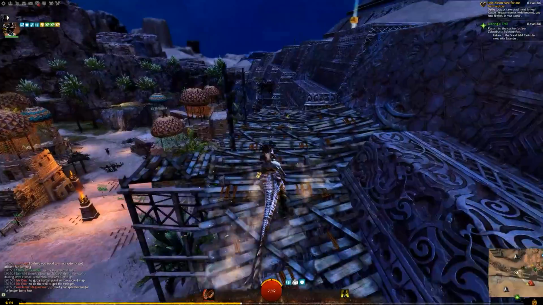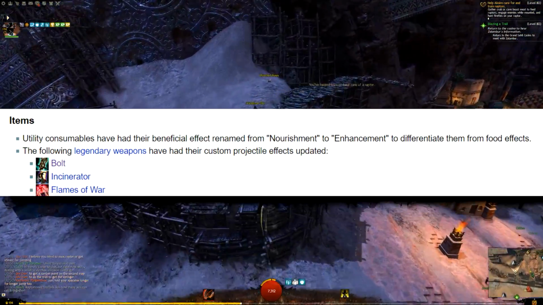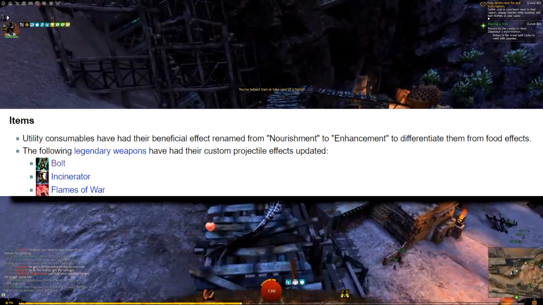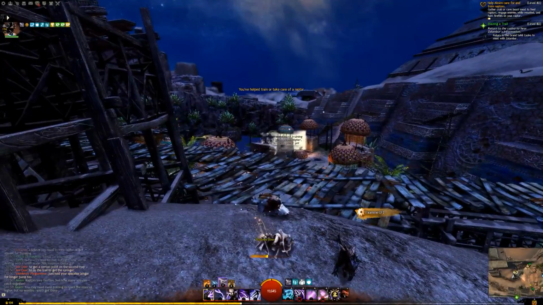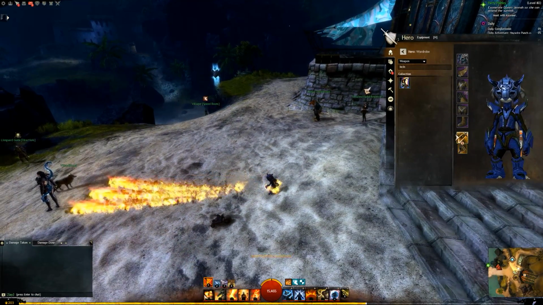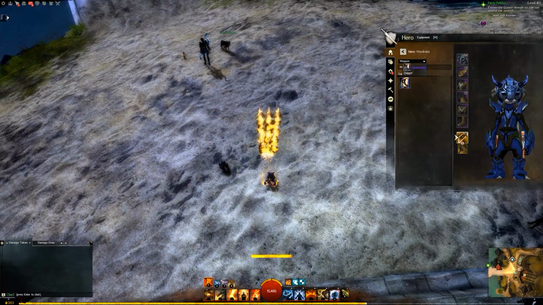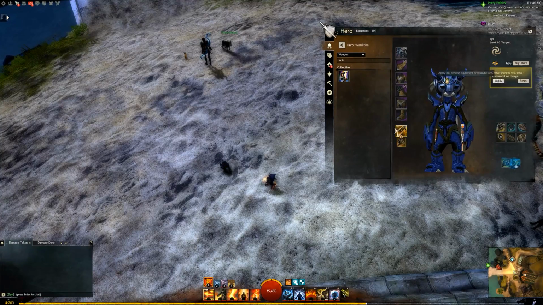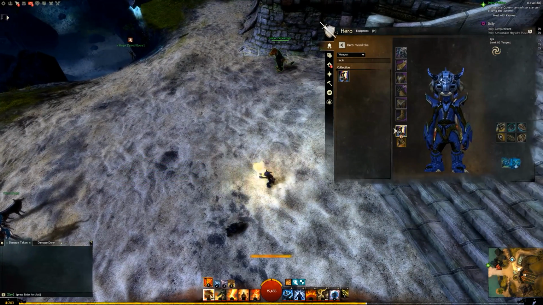So, moving on, talking about items a little bit, they did update some legendaries. They updated Bolt, they updated Incinerator, and they updated the Flames of War. And they updated these three with respect to their projectiles. So if you guys don't know, when you get a legendary weapon, it changes projectile animations on certain things. So if I have the Incinerator on my Elementalist and I auto-attack, maybe I'll put some footage in the background for you guys to see here,